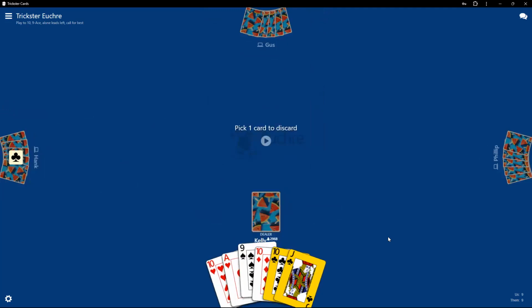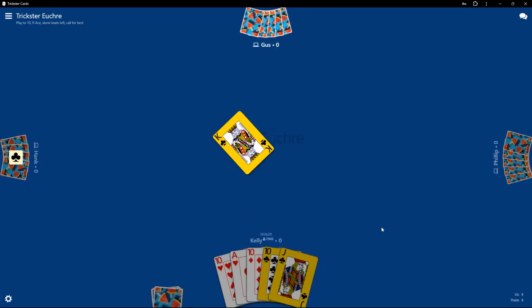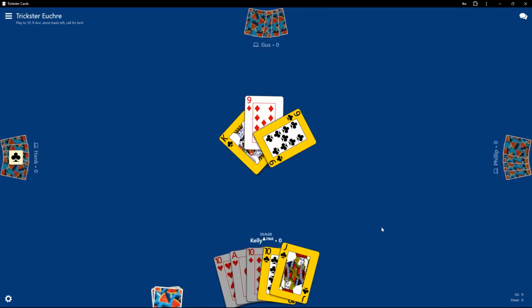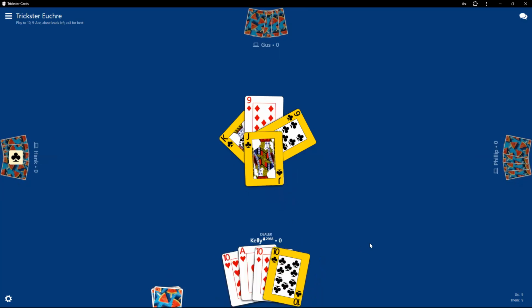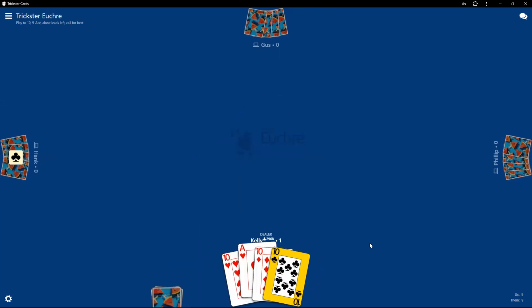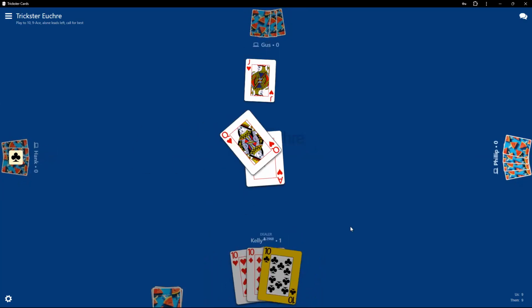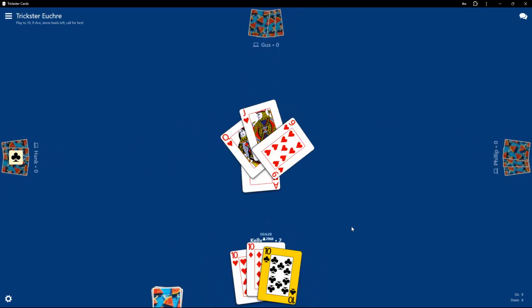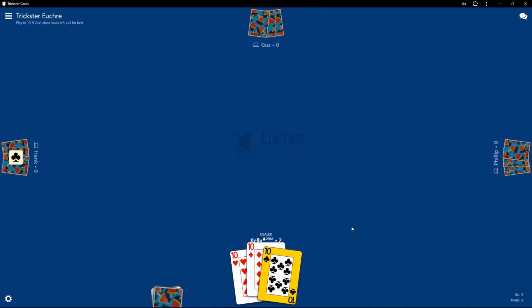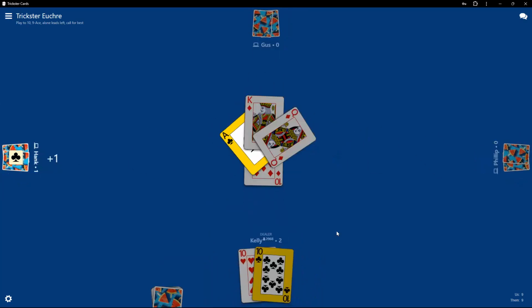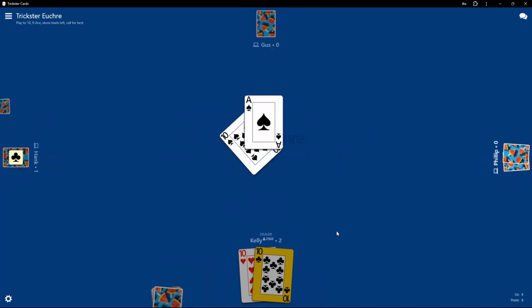Oh, so ordered me up on a Bower? That seems strange to me, but I'm pretty sure they're confident they're going to get 1 point. See, they didn't go alone, so they didn't get to get rid of cards. So you know that your ace is probably going to go all the way around. Yeah, I think they're going to get their points here.